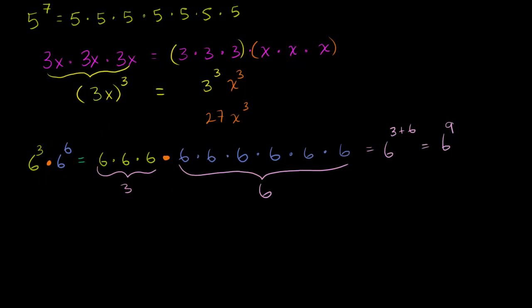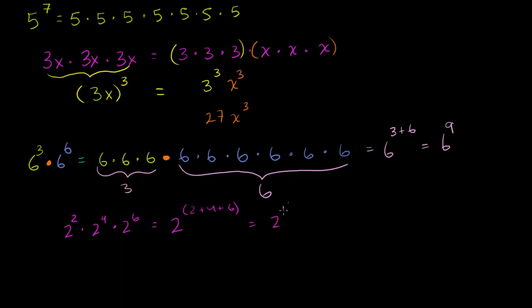If I have, let's do it in magenta, let's say I had 2 squared times 2 to the fourth times 2 to the sixth. Well, I have the same base in all of these, so I can add the exponents. This is going to be equal to 2 to the 2 plus 4 plus 6, which is equal to 2